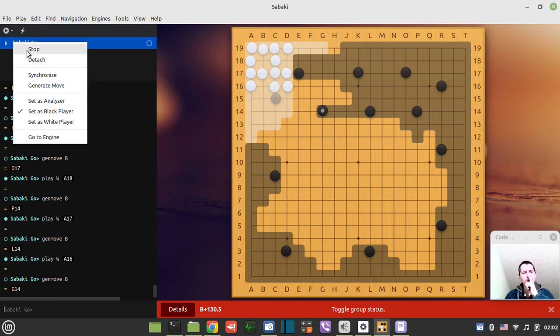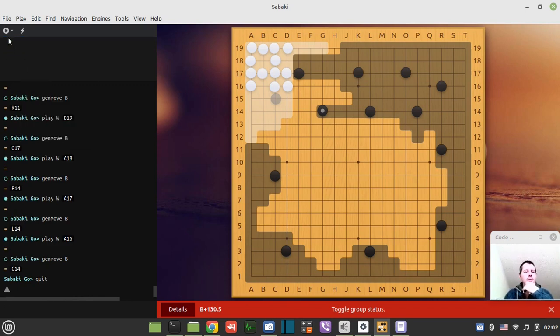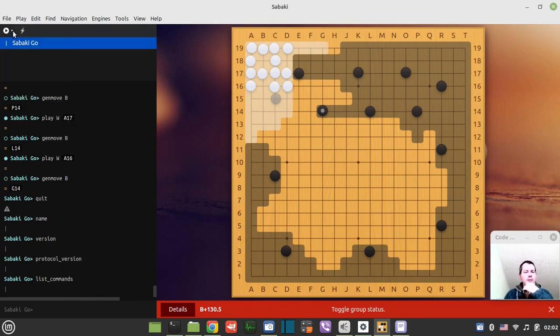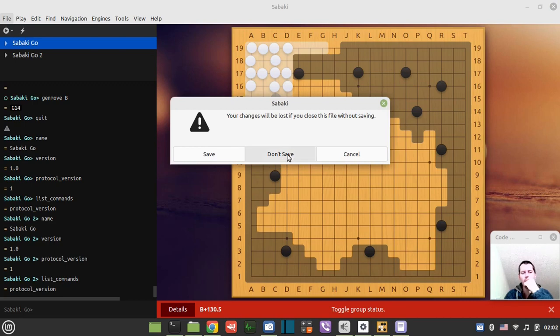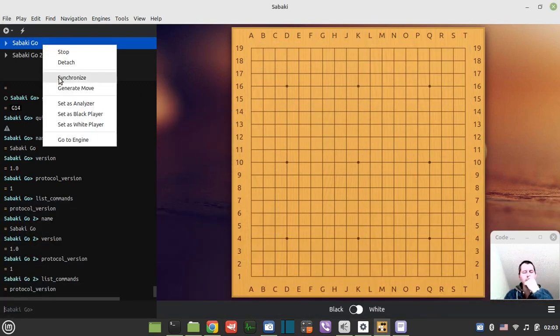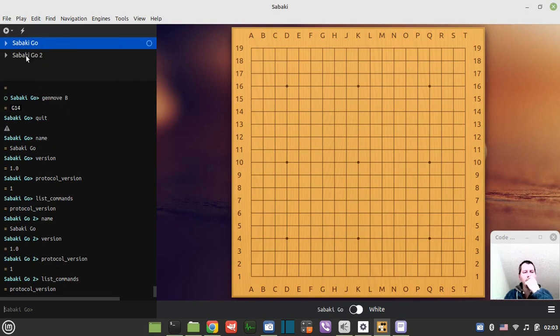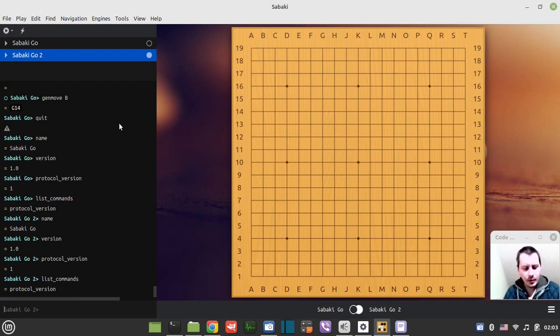So let's just quit. I'm absolutely satisfied by now. So let's try 2 of them, right? Let's try new game, and this one, yes, is going to be playing black, while this one is supposed to be playing white. So now, if I did everything properly, we should see how these heuristics of trying to find the biggest move